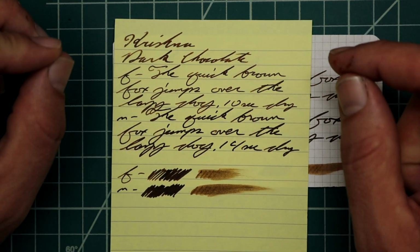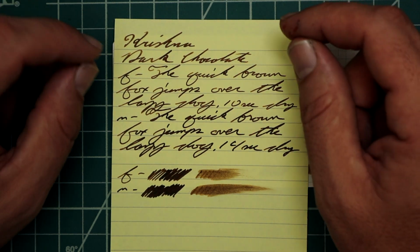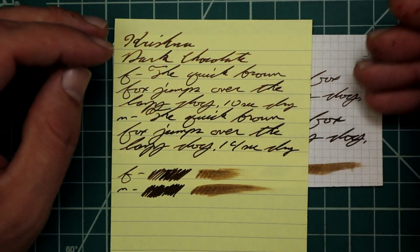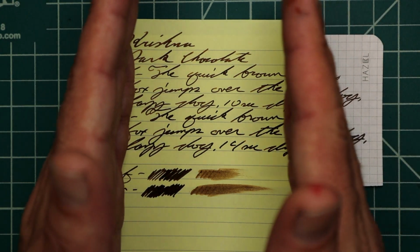Like the 1.1, it has no feather, no spread, no halo, no sheen, and the shading looks like it goes from an even lighter brown to an even darker brown. So it looks like it brought the extremes farther away. They were here, and now they're here